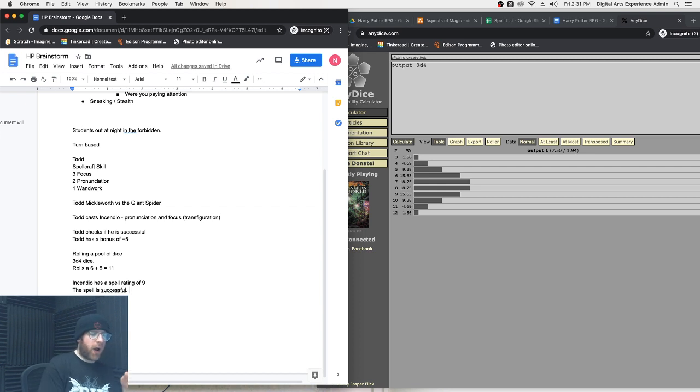Now, the only problem I can see with this is that I want to try to avoid relying on numbers for everything. In other words, you had a long day at work, you sit down, and the last thing you want to do is some number crunching. I don't want the player to necessarily worry too much about the target number, because the other thing we have to worry about is